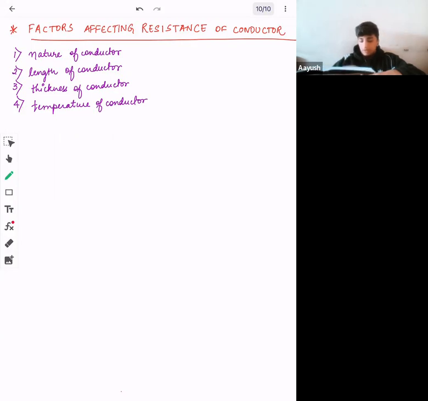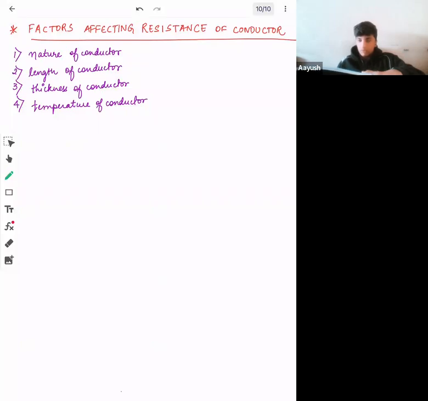Dependence on thickness of the conductor. In a thick conductor, electrons get a larger area of cross-section to flow as compared to a thin conductor. Therefore, a thick conductor offers less resistance. The resistance of a conductor is inversely proportional to its area of cross-section A, normal to the direction of the flow of current. If the radius of a wire of the same length is doubled, or area of cross-section becomes 4 times, its resistance becomes 1/4. If the radius is tripled, or area of the cross-section becomes 9 times, the resistance becomes 1/9 and so on.